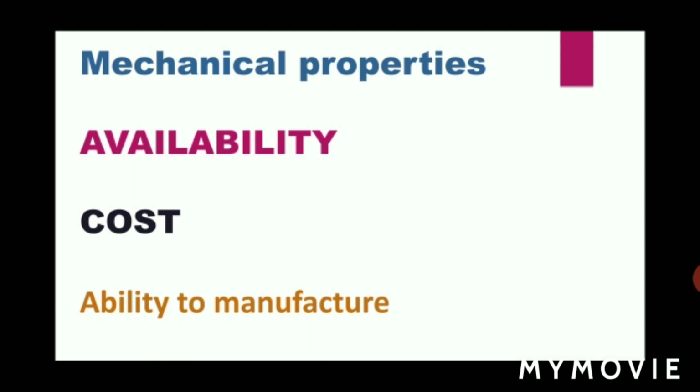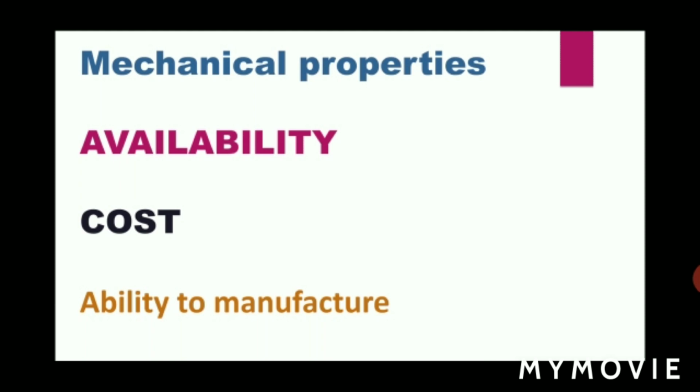Cost, right? You are not supposed to go for a cheap material. Here I am mentioning that cost means, sir, I am going for the cheapest material so that my cost is very less and my product is also very less. No, right? If you go for cheap cost, automatically the properties that the material exhibits will also be very cheap, and the lifespan of your machine component will be affected. Okay, fine, very good.